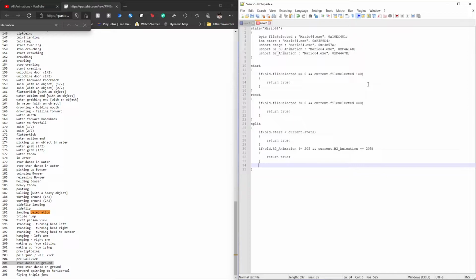And then we do the same thing for B1 and B3. So for B1, it's the same thing. Copy that, we can paste it underneath here. If old.b1, b3 animation is not 205 and the current one is also 205,